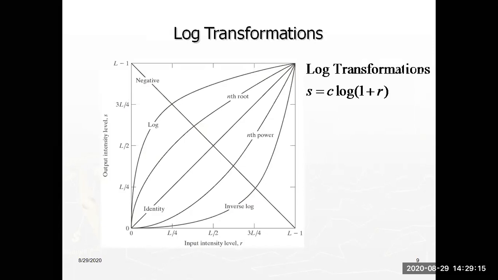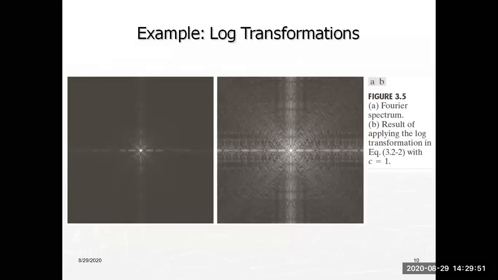Similarly, the second function is the log transformation function, S = C log(1 + r). Here C is a constant value, of course. Based on our requirement, C can be changed to different constant values. Small r is your input pixel value. It is the same as before, but here the function is a log function. This curve has the mathematical relation S = C log(1 + r).